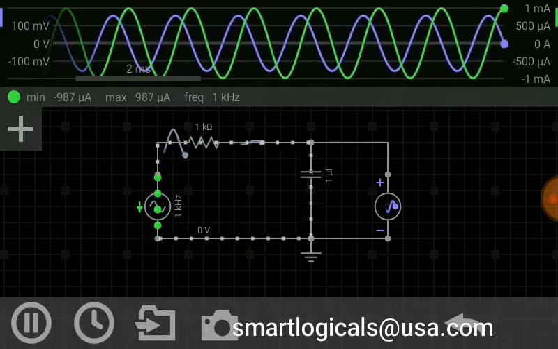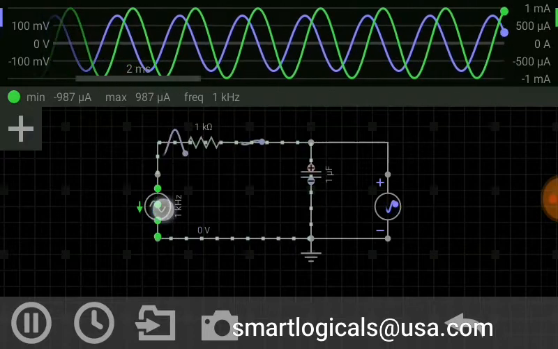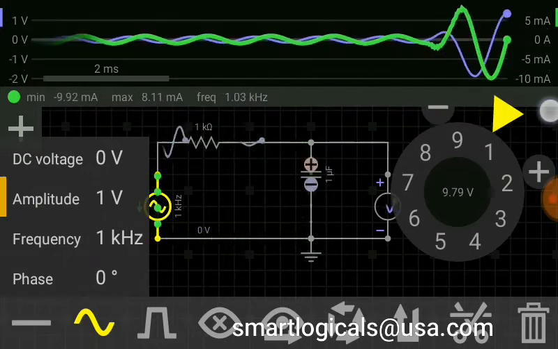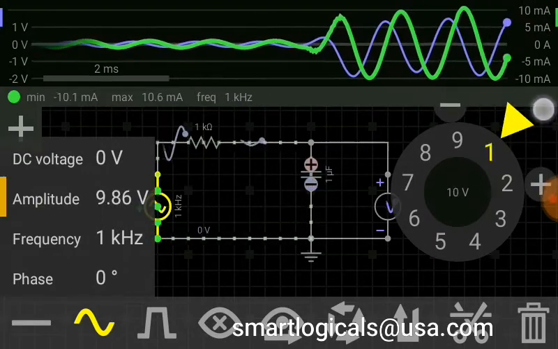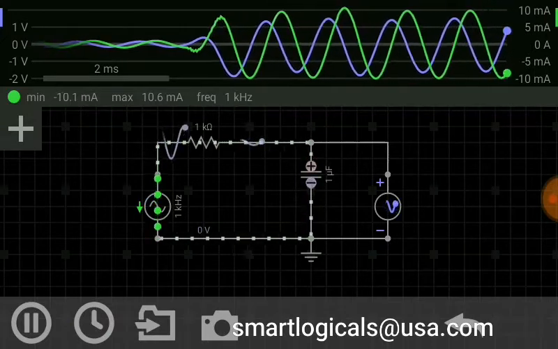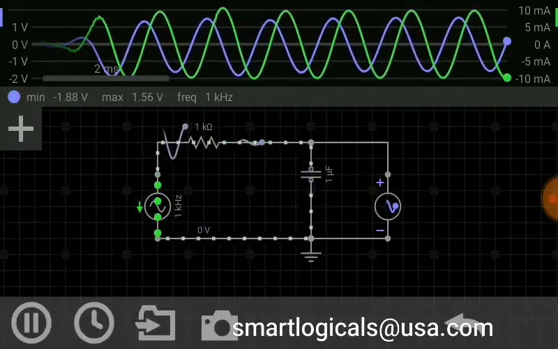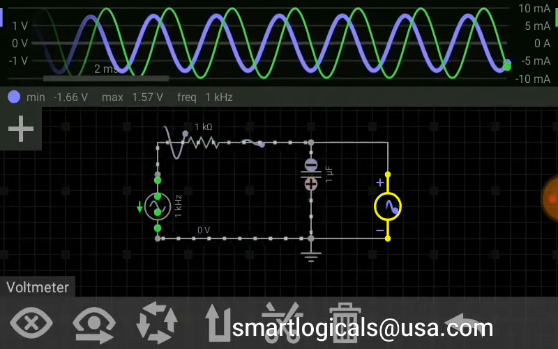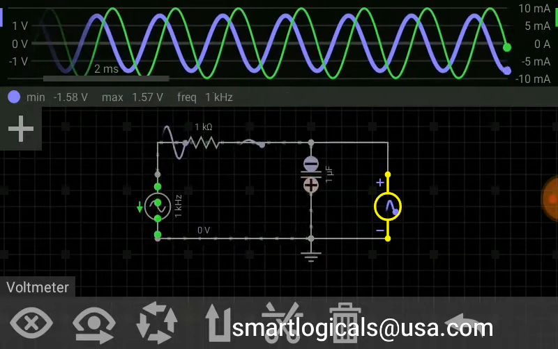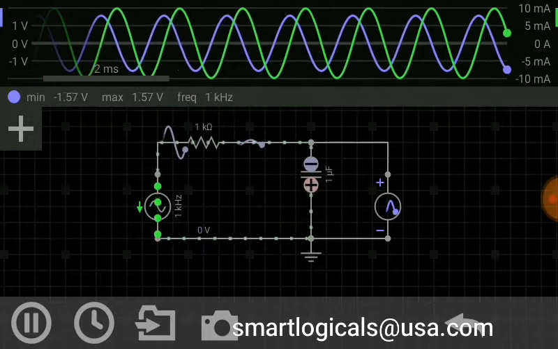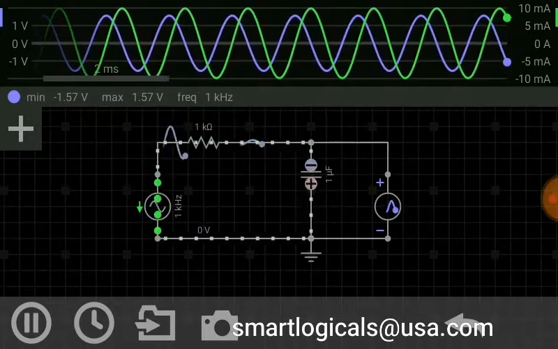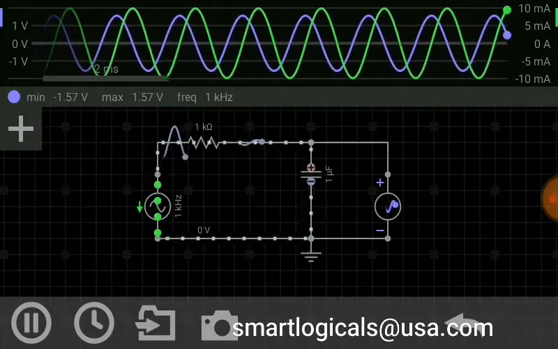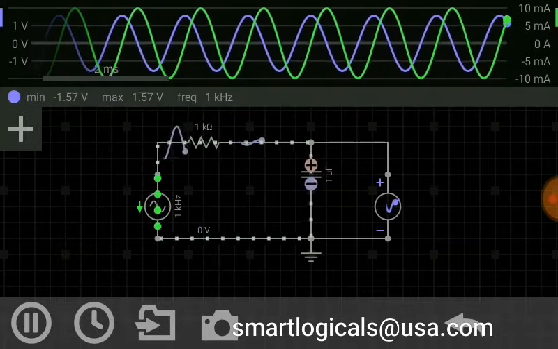Okay friends, now as I applied an input voltage of 10 volts, the resultant output voltage is about 1.57 volts. As we know, the cutoff frequency of the RC low pass filter is